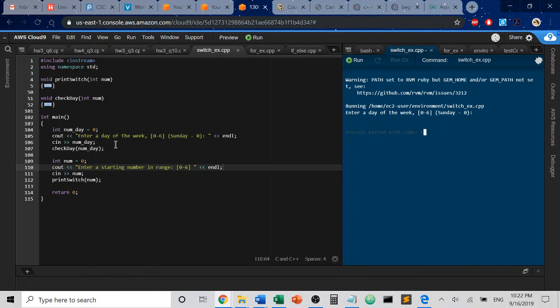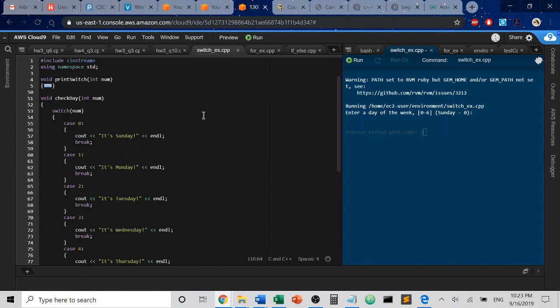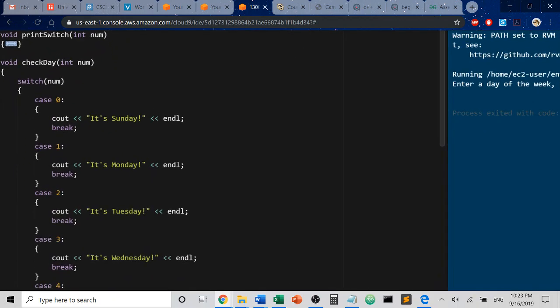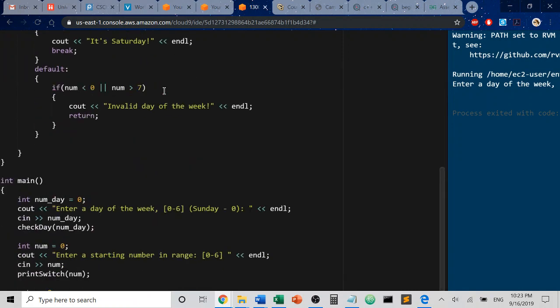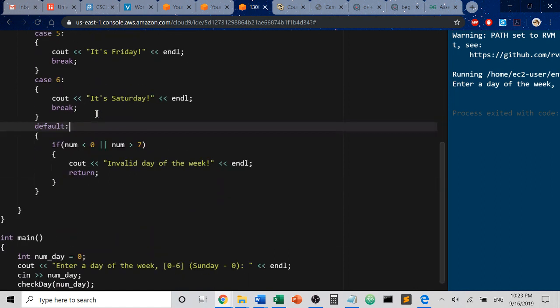A switch statement is basically a logical operation that requires some kind of integer. In this example, I've created a function called checkDay, which takes in some number, and it's going to switch and print the day of the week based on the number. We want the user to enter something between 0 and 6, and if it is something other than that, we're going to use our default case